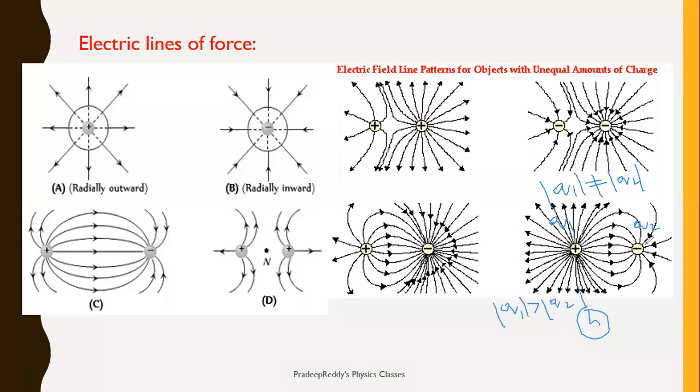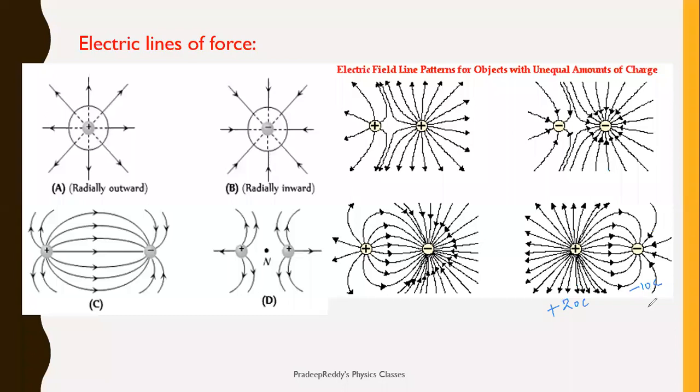How many number of lines are coming from this positive? Depending upon the magnitude, they will be closed by this negative charge. Of course, as Q1 magnitude is greater, these are extended outward like this. These could not be closed. Only a few number of lines will be closed because of the negative. Say for example, I'll give you one simple example. Understand the concept clearly. If you are clear on the concept, then you can solve problems very easily. Say for example, this is minus 10 coulomb and this is, sorry, plus 20 coulomb.